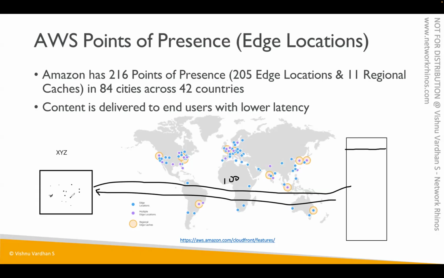Now this thing, the owner of the supermarket notices. And the owner thinks, okay, I see that a lot of people from this small village called XYZ are coming to my supermarket and buying things. So why don't I open a small shop in the village itself? Okay. And he opens a small shop in this village itself, and he will keep only the basic or very important things like milk packets, bread, cereals, rice, newspaper, all these basic things which they need. Now, this small supermarket is called POP, point of presence.